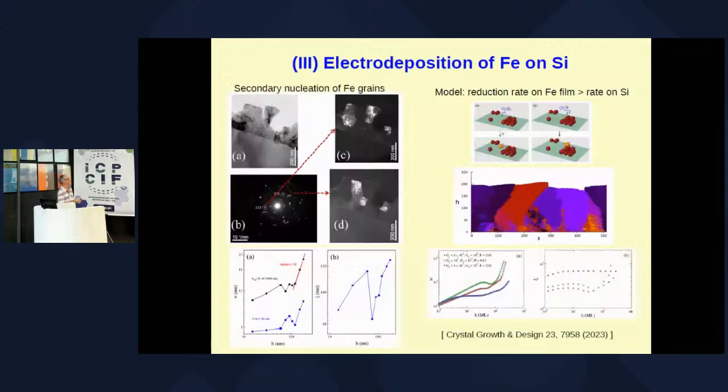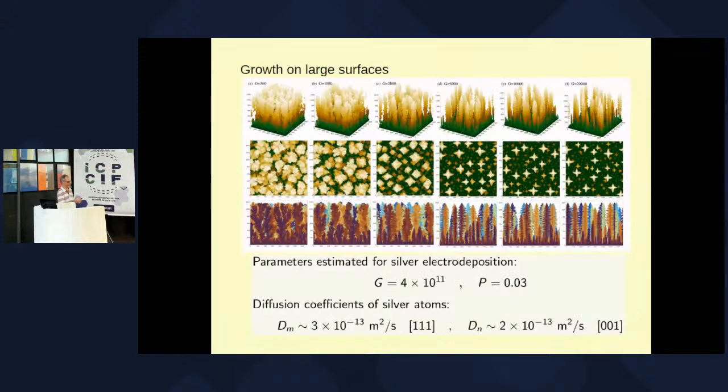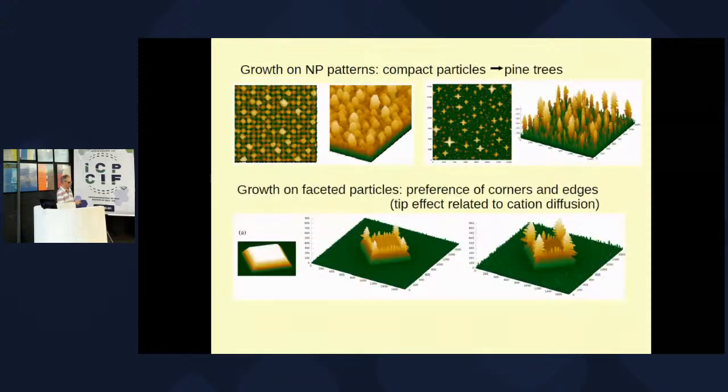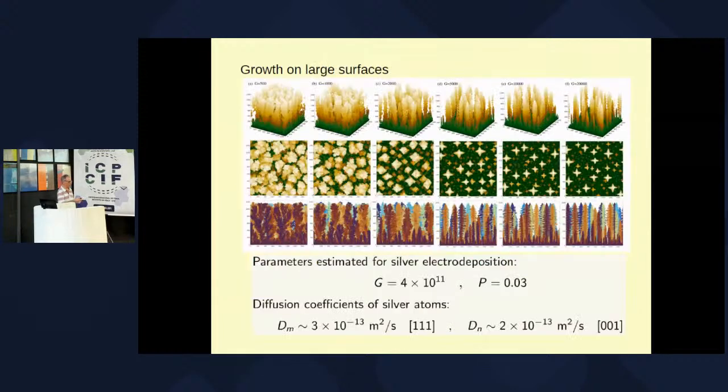And I think I didn't put all the images I have here. We also made some tests with high mobility of the particles on a surface and putting a single seed. And putting a single seed on a surface, we get larger pyramidal particles, much larger than this one shown here. And after the formation of the pyramidal particles, there is branching, so the pine trees begin to form too.